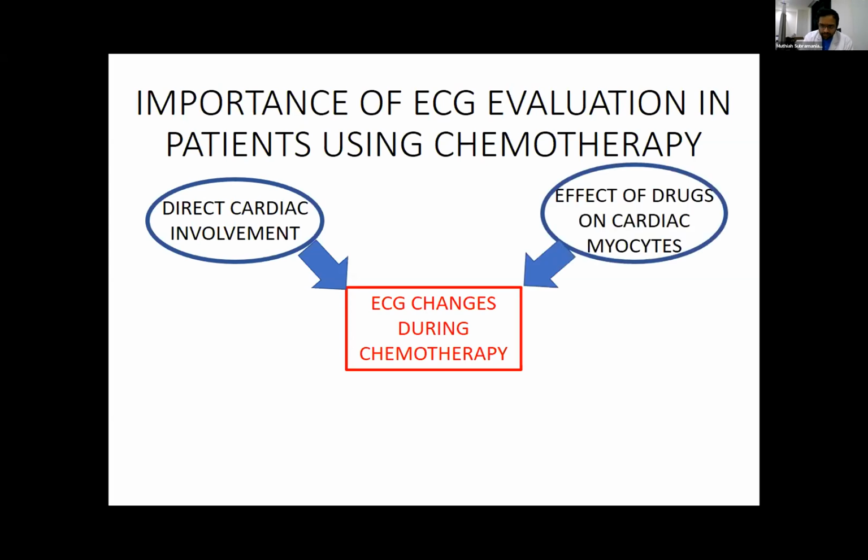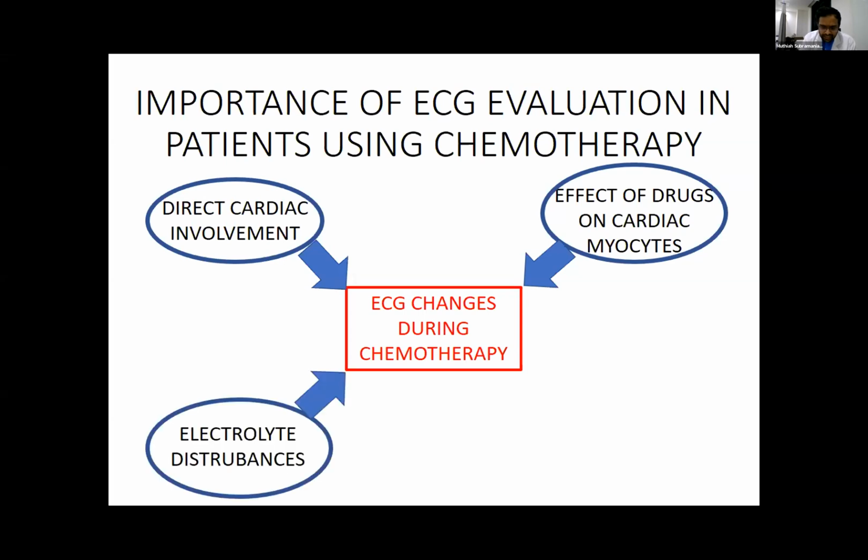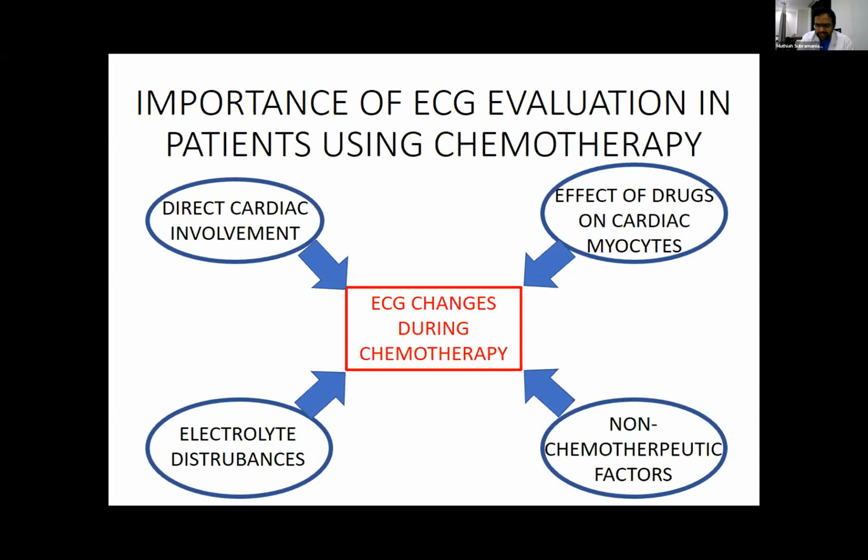The second, more common one, is the effect of the drug on the heart or on the cardiomyocyte, and this leads to damage to either the endocardium or the pericardium, and this causes secondary ECG changes. This is probably what is more common. And the last two things we need to think about: these patients are often having other drugs and other comorbidities, so the presence of other electrolyte disturbances also has a significant role in these patients' ECGs. And the last one is non-therapeutic factors, such as a previously underlying heart condition or coexisting radiation therapy or adjuvant medication. So it's multiple issues in each patient when they present to us with ECG changes.